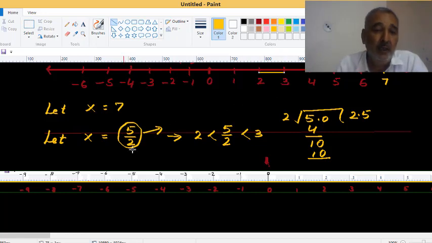If any rational number is given to you, first of all you have to find out between which two integers it lies. Take the same process: convert your rational number into decimal, and this whole number part will tell about the location. In case of negative numbers, had it been minus 5 by 2,